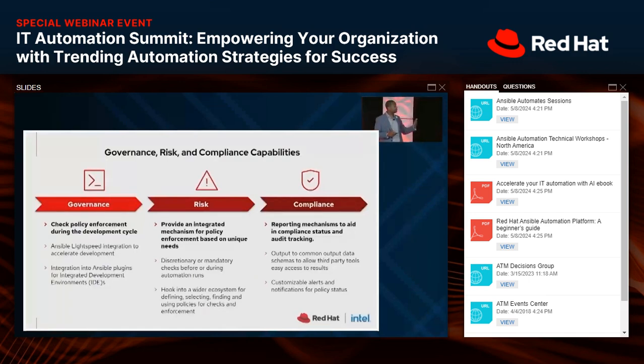A lot of customers reached out and said, we wish that we had a better way to maintain the governance around our automation content, and we heard you. So there's additional capability coming. As I mentioned before, that's policy as code. That is a new capability that's going to be coming out that's going to give you that governance, very similar to one of our competitors that starts with a P. I'm not going to say their name, but it'll be similar, where you can actually maintain governance over the resources that you're automating against. And so there's some exciting news coming around that.